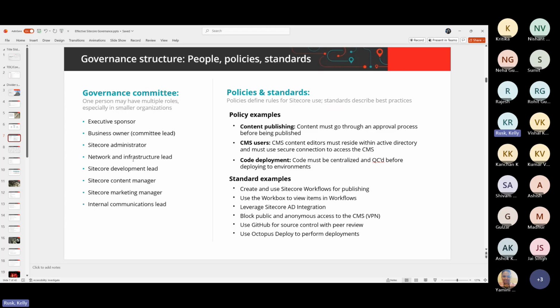And you know what? We just had a high severity issue. We've learned from that. We want to maybe document how to avoid issues in the future for that. And how you document that is really you set out your policies and your standards. So a policy is kind of what you should be doing, and a standard is how you do it.